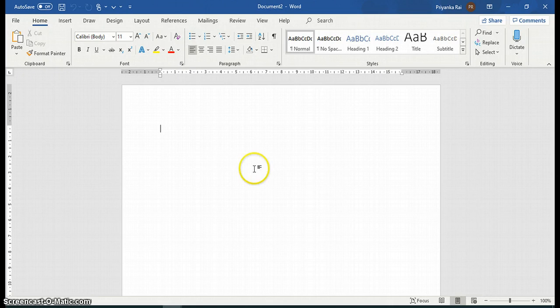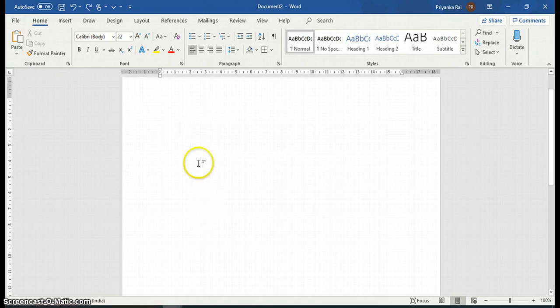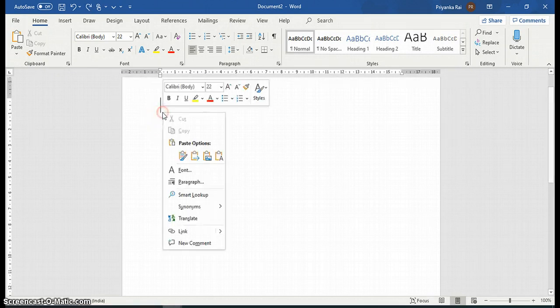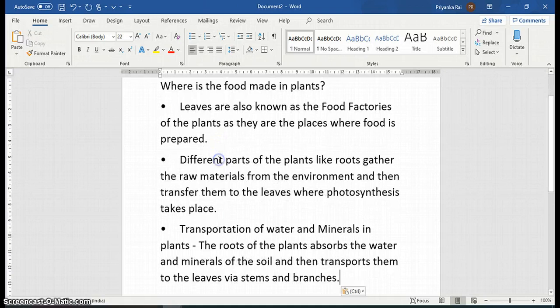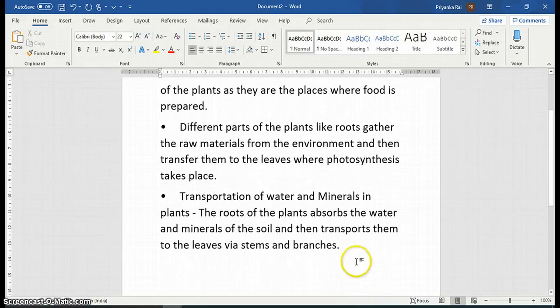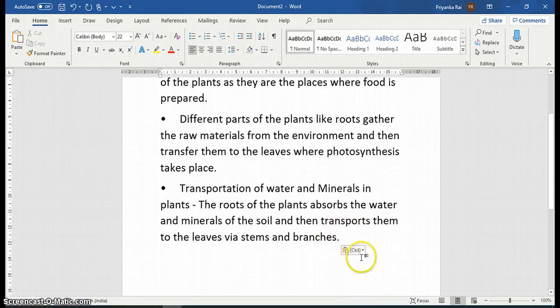Now for entering text, as I have told, there is a blinking line which is called the cursor or flashing line, and this is the insertion point. Whatever you want to type, you can type it there. I have shown you how to type, so I am pasting the document now. So this is how I have pasted the document, and now the blinking line is here.